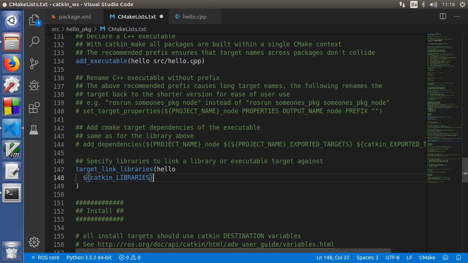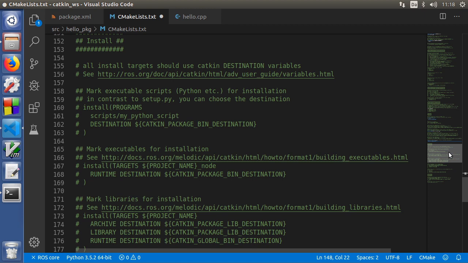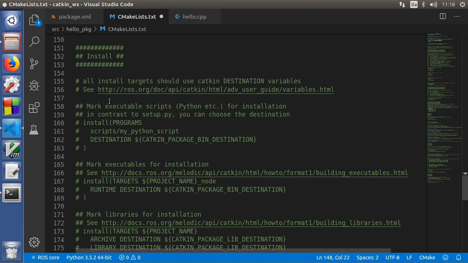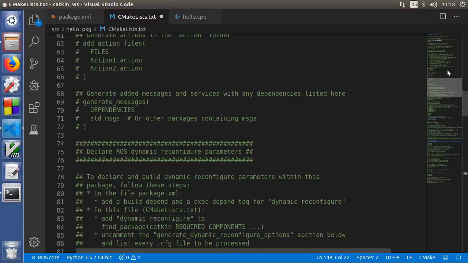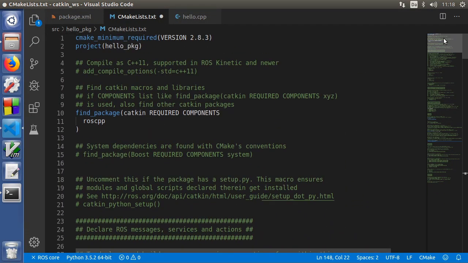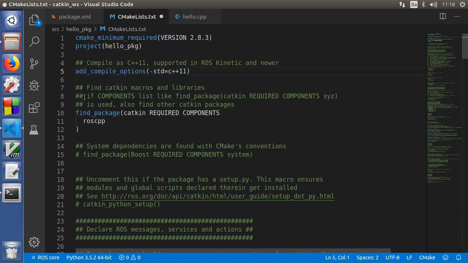Okay, so now we built the Hello CPP, we linked it with the Catkin libraries. That's basically it. Actually, that will work. Later on, when your package is more mature, you can also tell where you want to install the executables and so on. But I'll leave this commented out for now. So this should work. If you want to use a newer version of C++, you can add this compile option. Okay, so now I saved it,